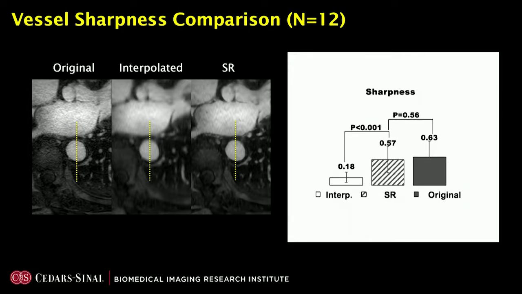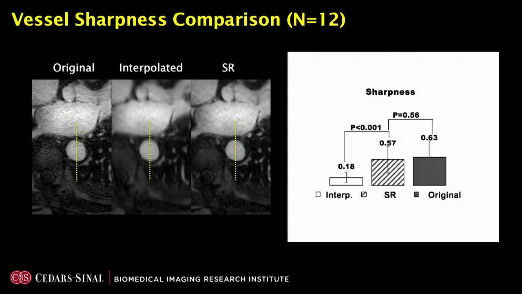So we evaluated the vessel sharpness, comparing the simple interpolation versus the super resolution and also the original MRA, and we can clearly see a significant improvement in vessel sharpness. We use the descending aorta as a consistent anatomical target for the comparison. And we actually see a huge improvement in vessel sharpness, and there was no significant